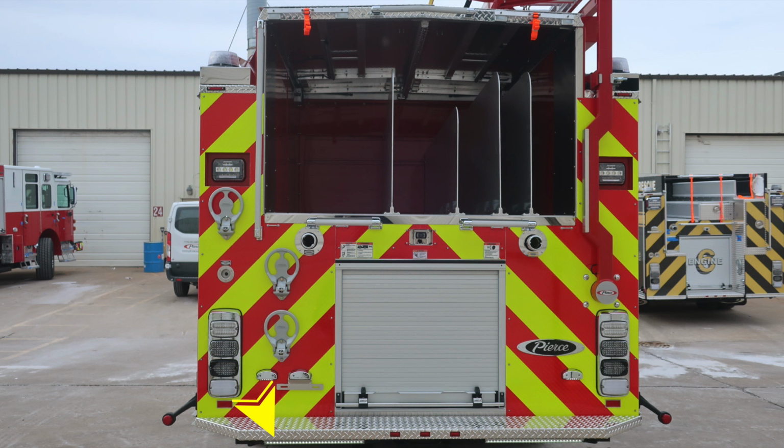Let's move around to the rear of the apparatus. At the very bottom, just under the tailboard, we'll find 2 clearance lights located on the right and left. Located inside the rear section of the bumper, you'll find your marker lights. As we move to the outer edge, you'll find the rubber-armed style marker indicator light. And then as we move to the center, you'll find at the very top emergency light, brake light, turn, and